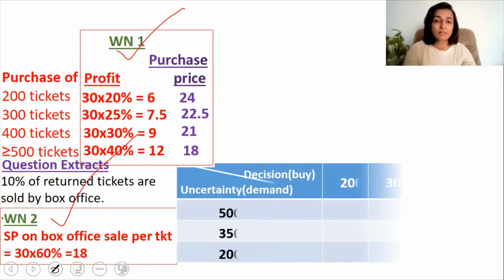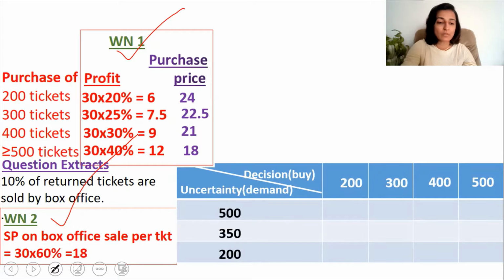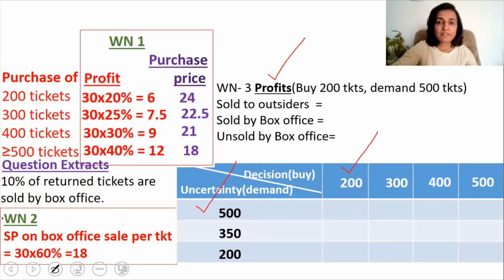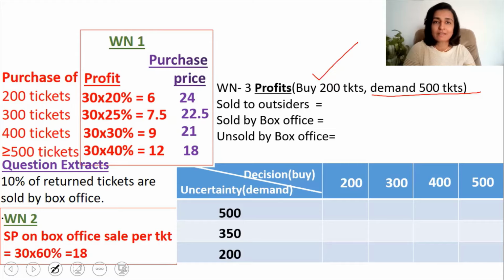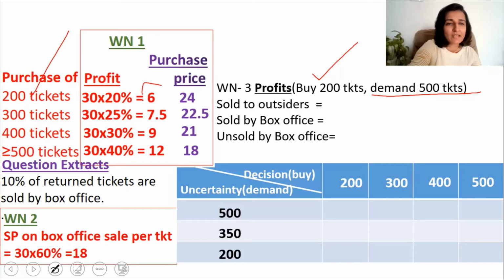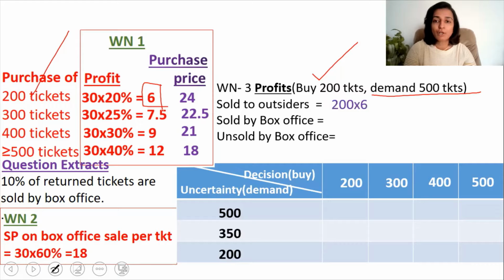So now we will construct the payoff table, and let's start with the first situation. So the first situation is he buys 200 tickets and the demand is 500 tickets. So let's write working note 3, the profits when he buys 200 tickets and the demand is 500 tickets. So since the demand is 500 tickets, the ticket agent will be able to sell the entire 200 tickets. And what is the profit that he gets? He has bought 200 tickets, which means that his profit is $6 per ticket. So we shall make a note of it. 200 tickets multiplied by 6, or the ticket agent gets